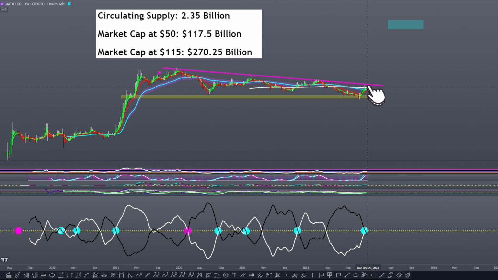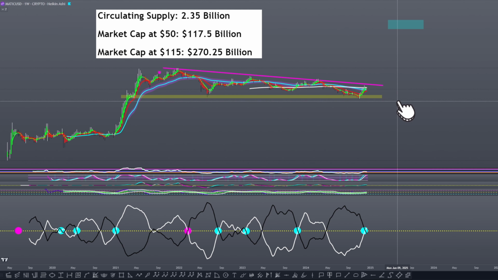Now, just to quickly point it out, MATIC still does need to break approximately 85, 86. Let's just round it up to 90 cents, especially because the prior local high horizontal resistance is somewhere around $1.20 to $1.30. Those are some price targets toward the upside to look out for, and that are going to be important for MATIC breaking in order to actually set a good and reasonable precedence to lead into an actual full throttle parabolic